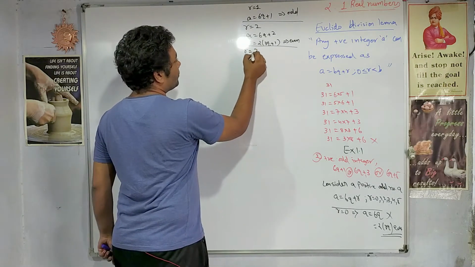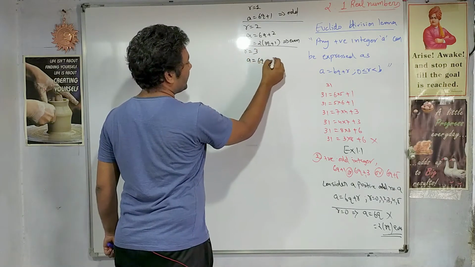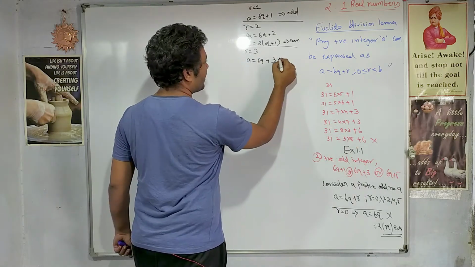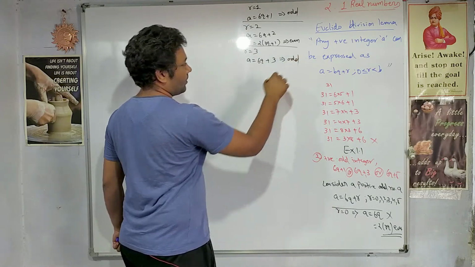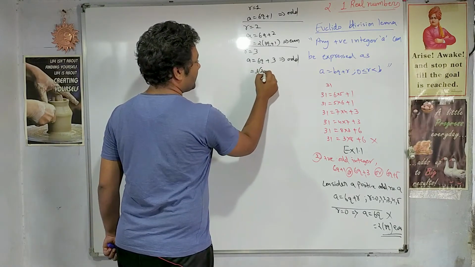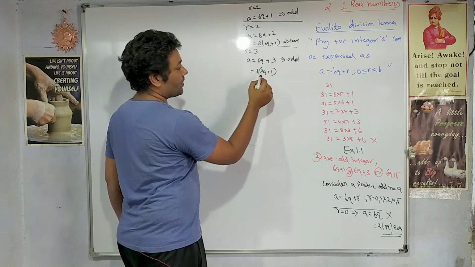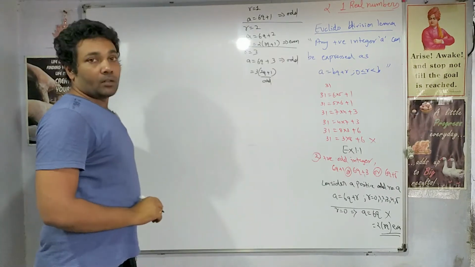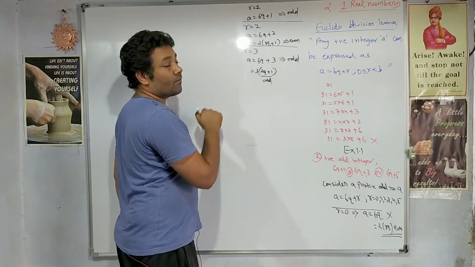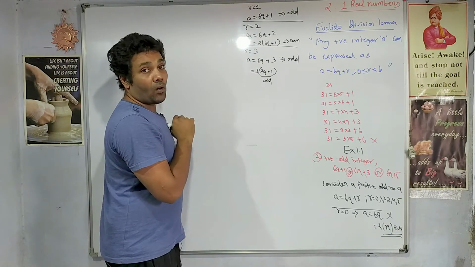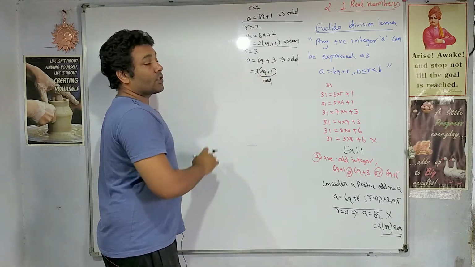If we take r equal to 3, 6q plus 3, correct? So this falls in this category, yes. So this is odd. Want to prove how it is odd? Let us see. If we take 3 common, it is 3 times (2q plus 1). This is nothing but an odd number, and an odd multiple of an odd number will give you an odd number. So it proves that this represents an odd number. This is a general notation of the odd number.